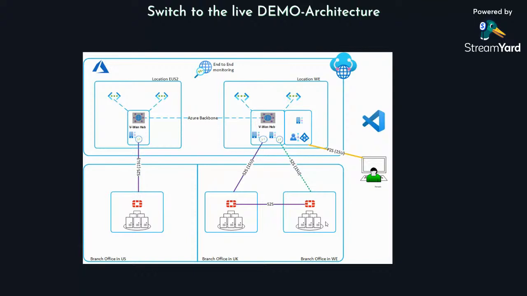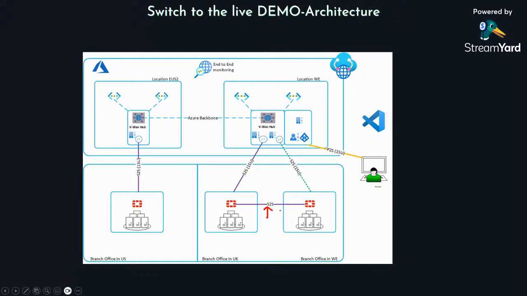We have, in this case, virtual network connections from East US and from West Europe. From the West Europe perspective, we have two different branch offices. We have one branch office in the UK and a second branch office in West Europe. From the UK perspective, it is a direct connection. So when the branch office in the UK wants to communicate, for example, with East US, it's a direct connection. When the branch office from West Europe wants to connect to the branch office in the UK, it also has a direct connection, exactly this one here.